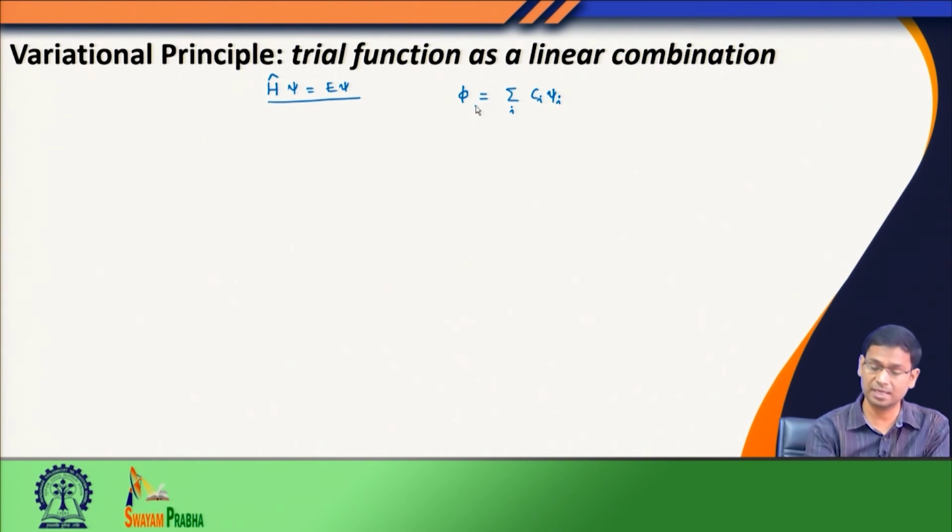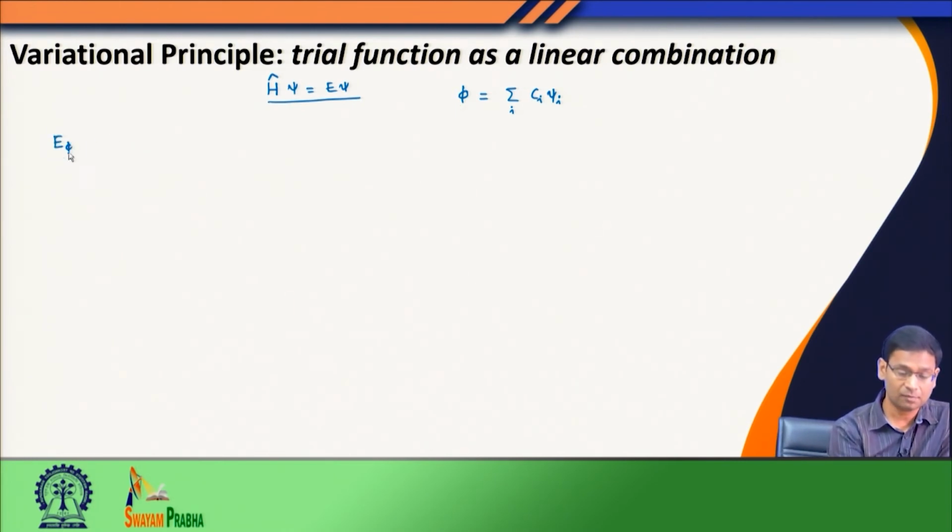So, without losing generality of this expression, let us consider this phi, the trial function, not as a single function, rather as a linear combination of several known functions. So, the known functions are psi i's. In this approximation I know psi i's. What I do not know are the c i's, the coefficients with which I should stitch these psi i's together to get my phi. So, suppose I have this description of the phi. So, I know that E phi is simply